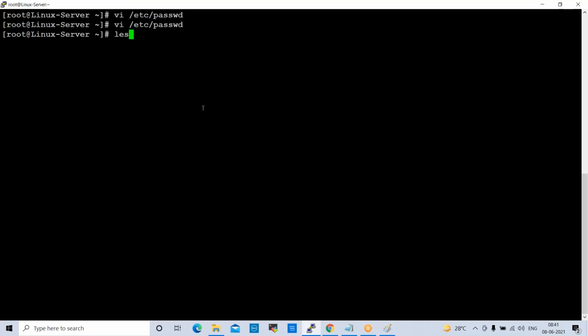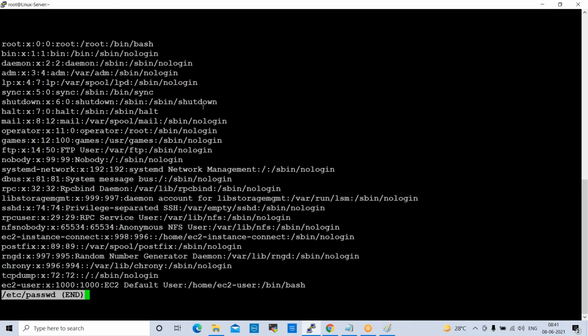So, less, file name, space, /etc/passwd. What will happen here? Instead of opening in VI, if you open it with the less command, what will happen? Enter here. When you open this with the less command, it will show you the file page-wise. We have only one page here.